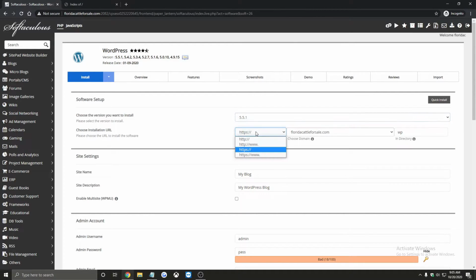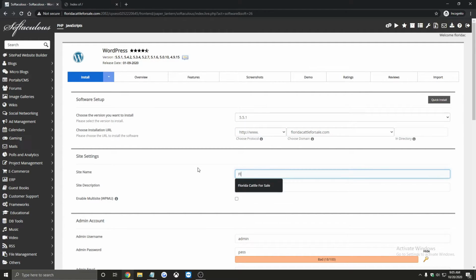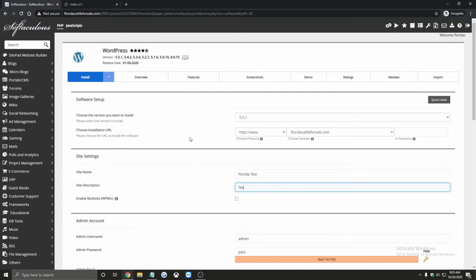Then we're going to choose protocol. I'd recommend http www. The domain, and then in directory we can put /web/online. But for now, we're going to keep it empty. Then in site name, we're going to give our site a name, Florida Test, and description, we're going to put